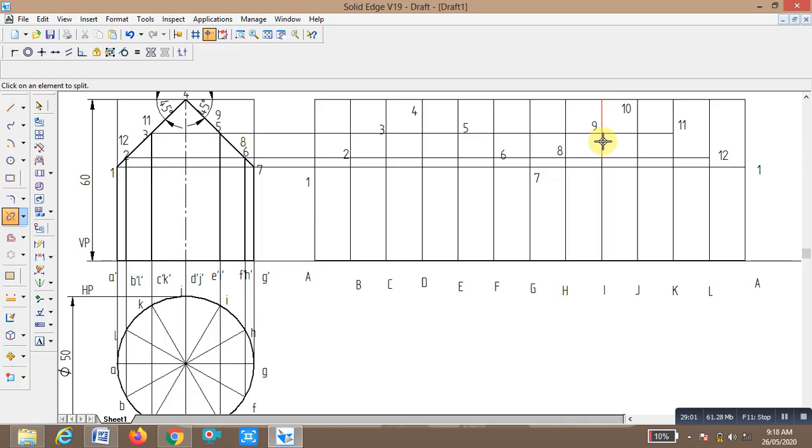Curve command. 1, 2, 3, 4, 5, 6. Splitting is not taking place at this point.